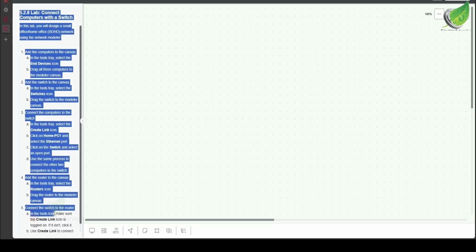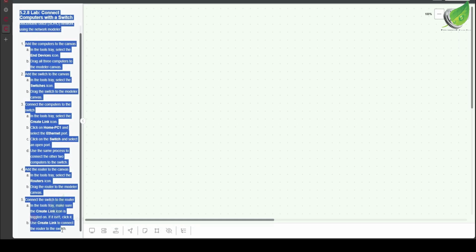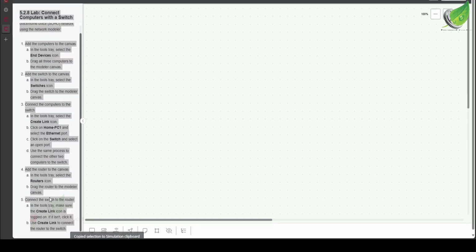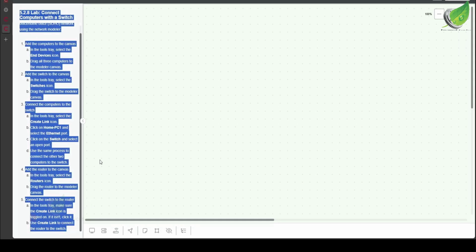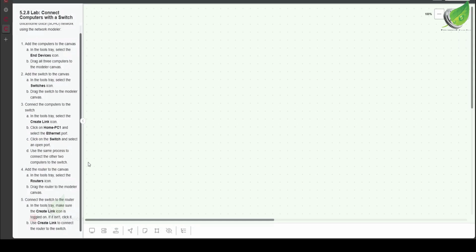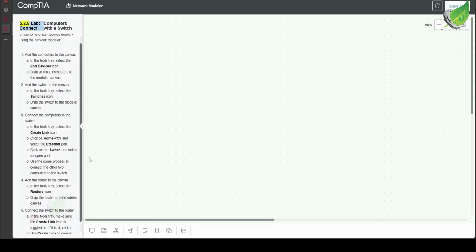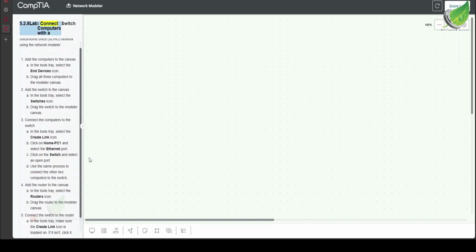So I'll go ahead and highlight all of the facts that we are going to be looking at in this particular lab. They're all highlighted on the left pane. We're going to take our time and work on each one by one. So in this lab,